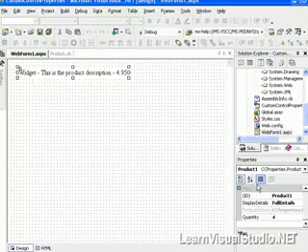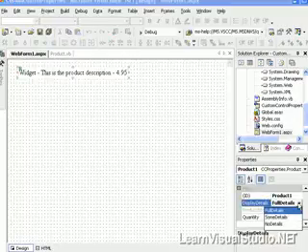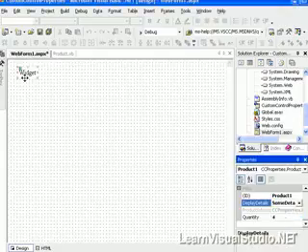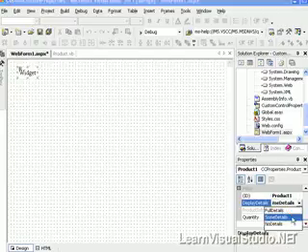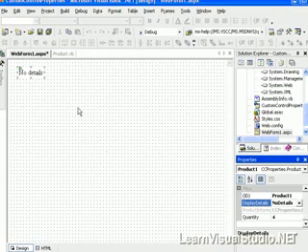So now we've created more complex properties for our server controls: not only the primitive properties that we started out with in the first couple of videos, but also enumeration properties that allow the user to select from a drop-down list, and then class properties which allow us to use the benefits of encapsulation within a class in order to set